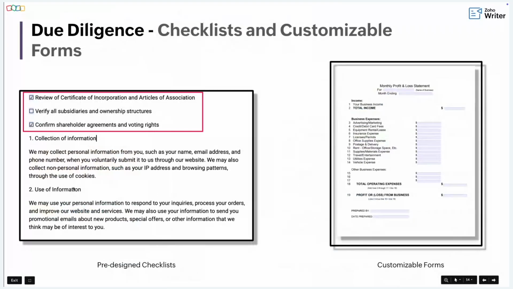So now let's dive into due diligence, an essential part of legal processes such as mergers and acquisitions. In these cases, ensuring that all necessary documents are collected and reviewed is crucial. CD, can you share how checklists and customizable forms in Zoho Writer can streamline this process for a law firm